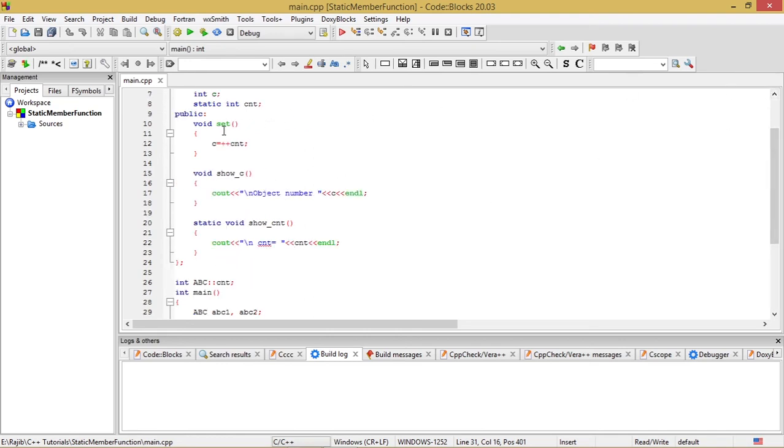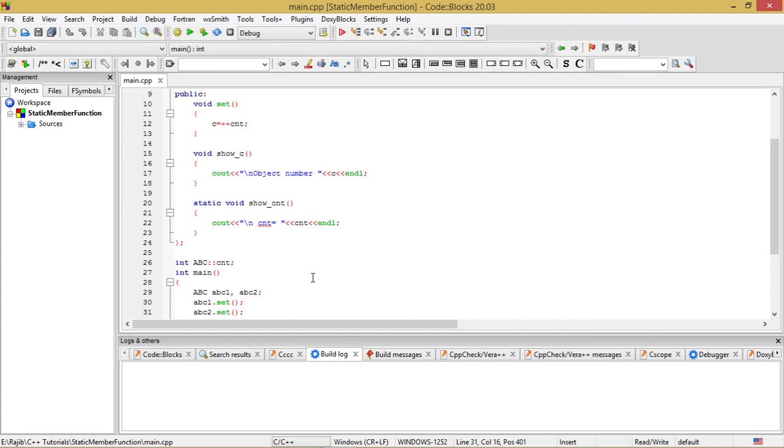In the set, we have done an operation of pre-incrementing the static data member by unity by this ++CNT and assigning the pre-incremented value into the integer data member C.